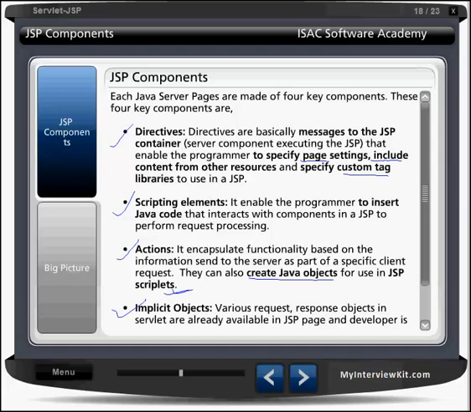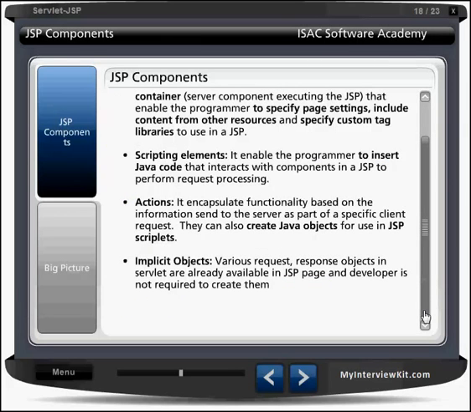Now implicit objects. So what are the servlet objects we are having? Like servlet request, servlet response, servlet context, servlet config. For all these APIs, here we are having a ready-made object that we can say is an implicit object. So you need not create an object of that kind. Let us say you want to print something, so you need to create a PrintWriter object in servlet, but here you can just say out.println. So out.println, out is the implicit object here.